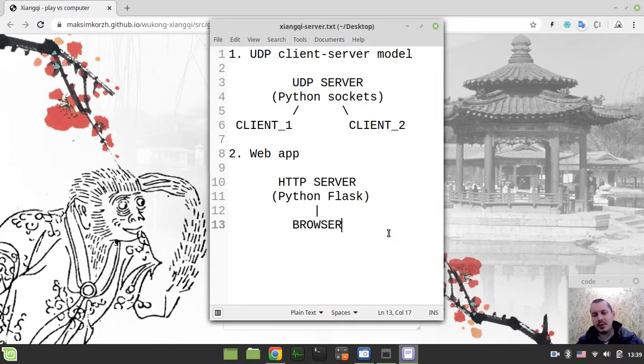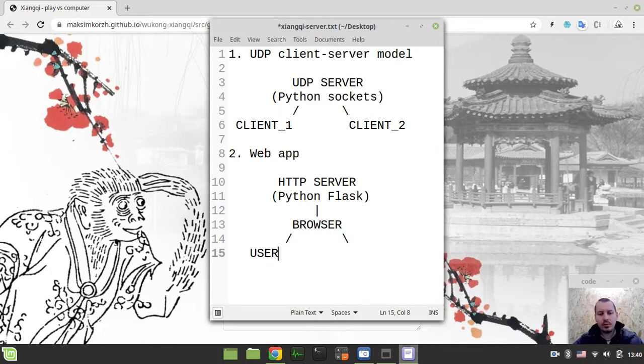So this is it basically. The thing that I'm concerned about the most is, I understand how the HTTP server can send a move to the UDP server, and I'm clear how this client-server model interaction works, but I'm slightly concerned about how, let's say, just to bring a bit more clarity, here we have